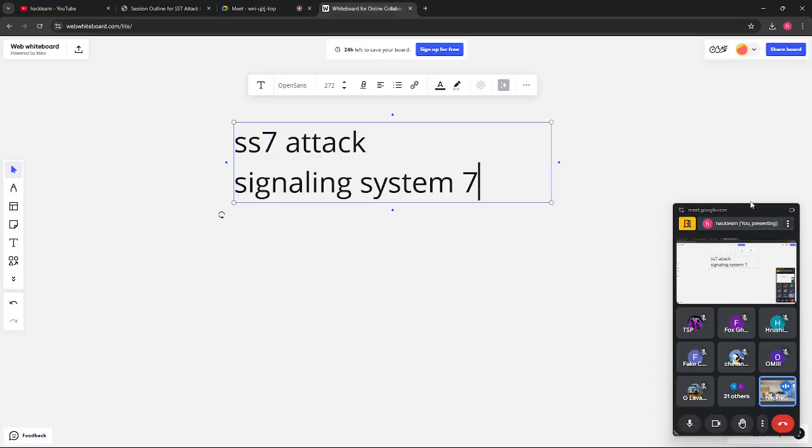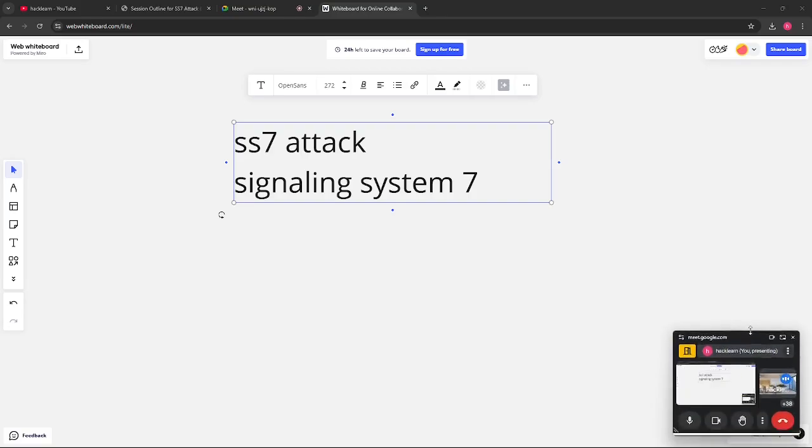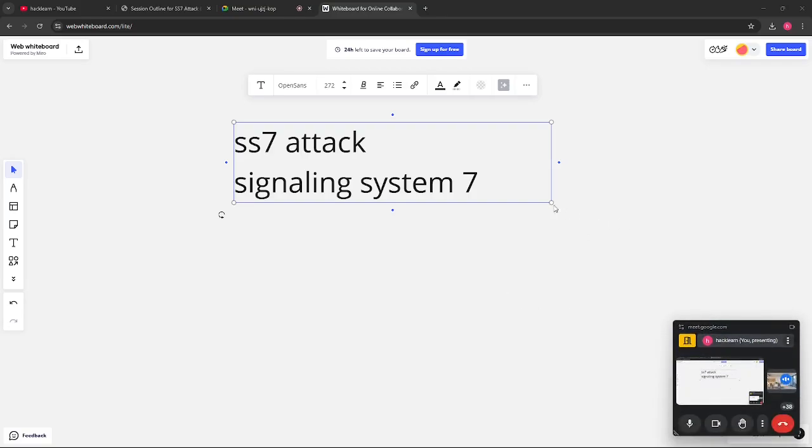This is also in the syllabus of Black Hat, and even in CEH they ask a few questions based on SS7. So if you are learning ethical hacking, this is a must-touch session. Basically it's a set of protocols used in a telecommunication network, and all the information needed to set up the call is handled by it.